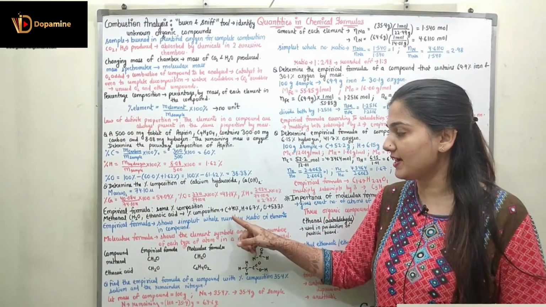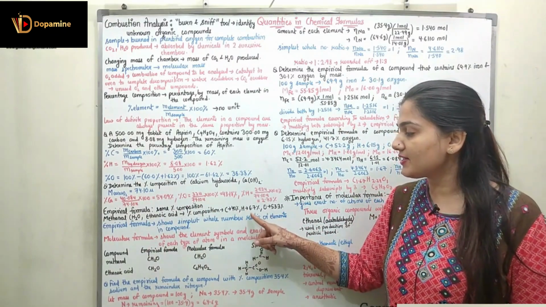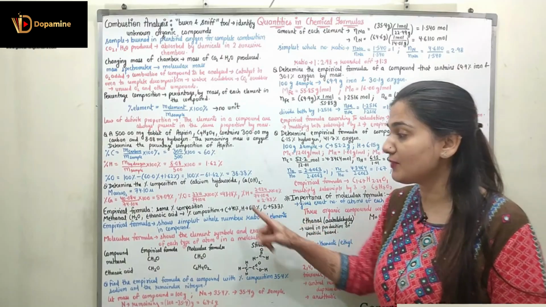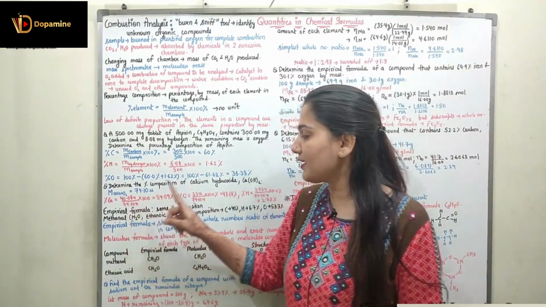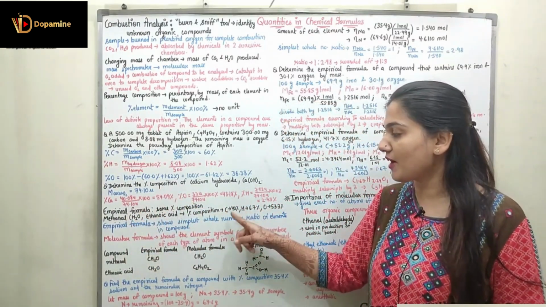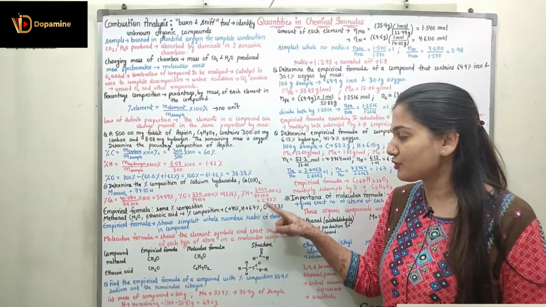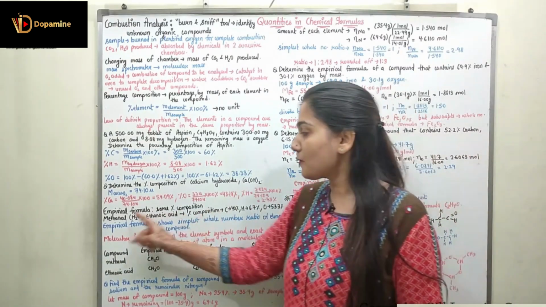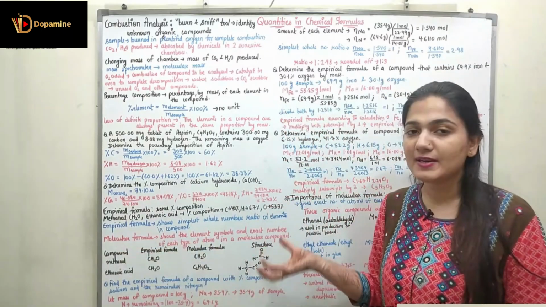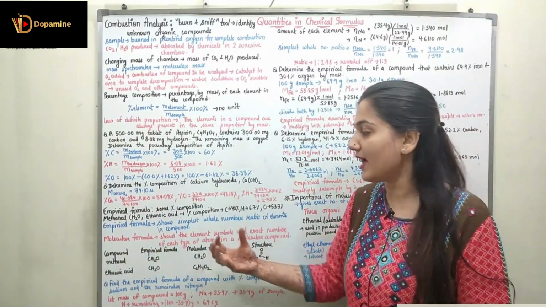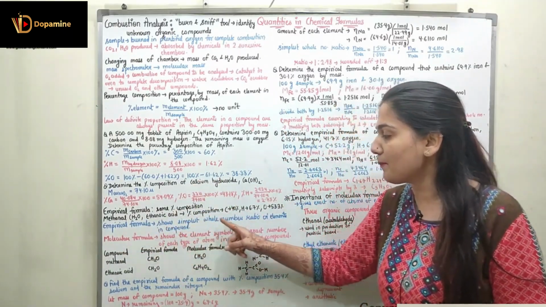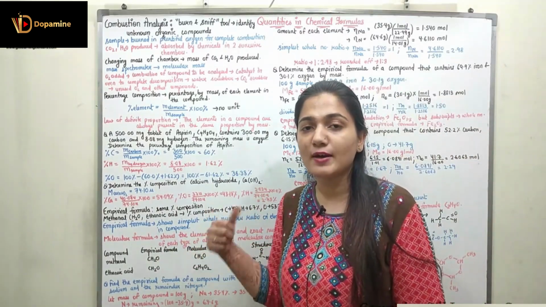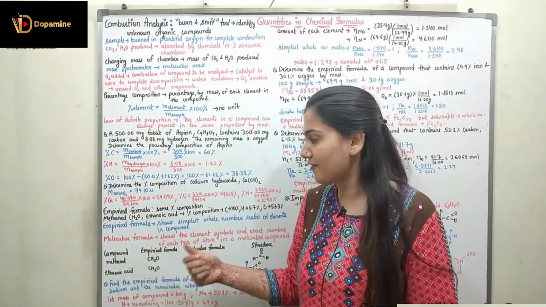Percentage composition states the carbon is 40%, hydrogen is 6.7% and oxygen is 53.3% in both of the compounds. In methanol as well as ethanoic acid, the percentage of carbon is 40, percentage of hydrogen is 6.7 and the percentage of oxygen is 53.3. Right, now coming to the empirical formula. Empirical formula's definition states that empirical formula shows the simplest whole number ratio of the elements in the compound. Right, so we need to find out what is the simplest whole number ratio of elements.